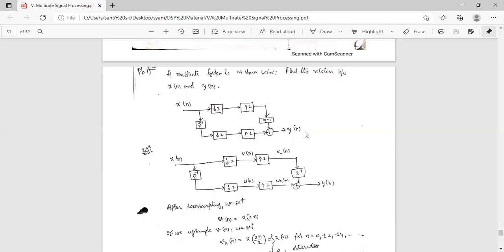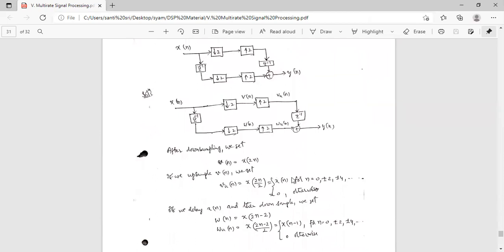After down sampling, v of n is x of 2n. If we upsample v of n, we get vu of n equal to x of 2n by L. Here the L value is 2, so x of 2n by 2, that is equal to x of n for n equal to 0, plus or minus 2, plus or minus 4, etc. Then it is equal to 0 otherwise. If we delay x of n and then downsample,